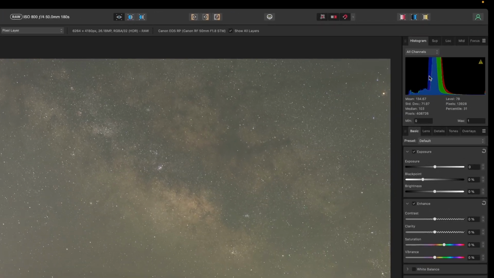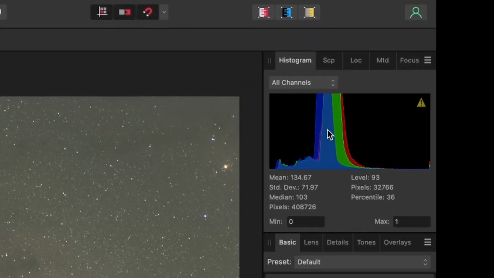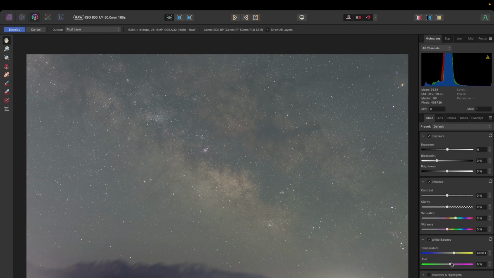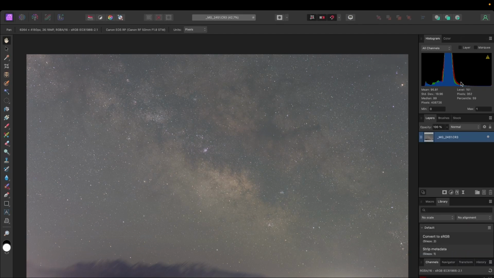What you want to do is make sure that all of these color histograms are aligning by going to white balance and then adjusting them so they're right around the same spot as each other. It doesn't need to be an exact science because you're going to do most of your color correcting in curves in Affinity Photo. Once your histogram does kind of look like this, you can pull it up in Affinity Photo or click Develop. When doing your basic color correcting of the night sky, you want to stay inside the curves